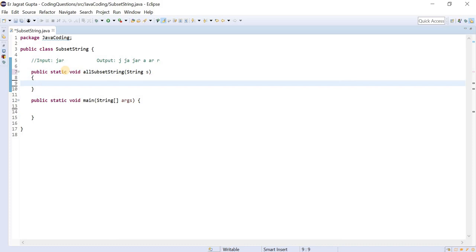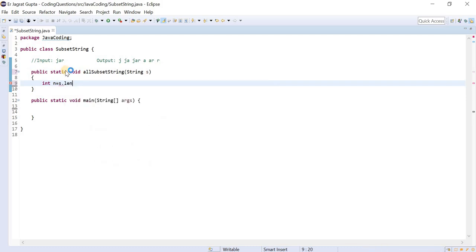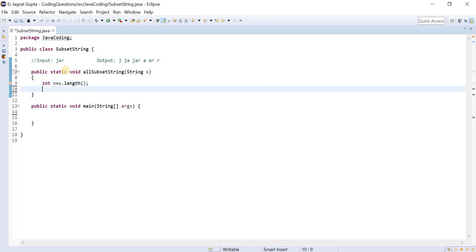As I told you, as a first step we will find out the length. I've already told you that the length function is what we can use to extract the length of this.